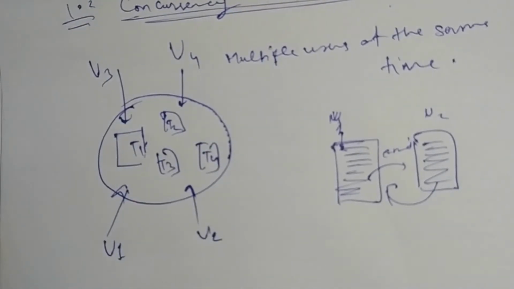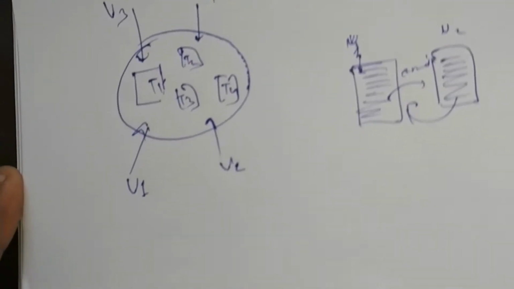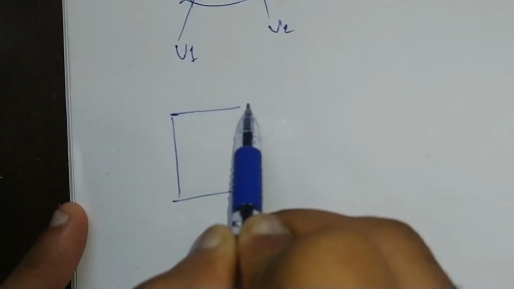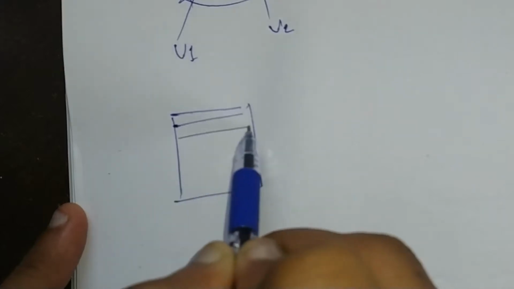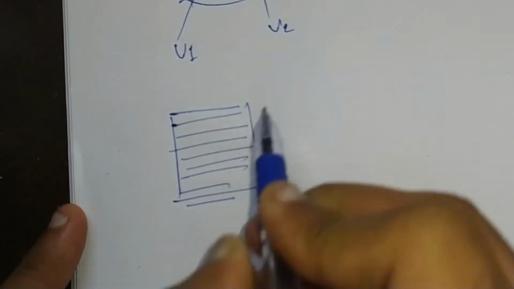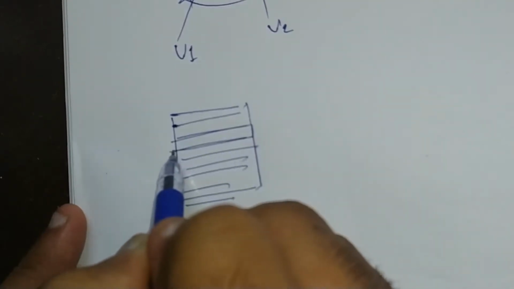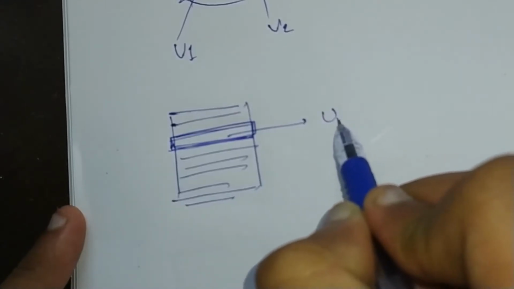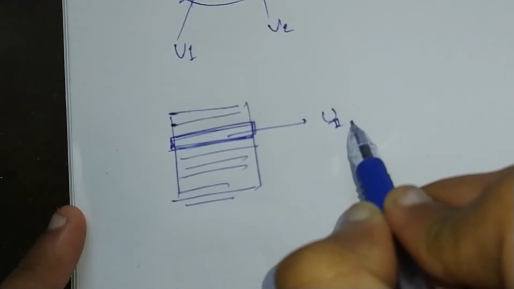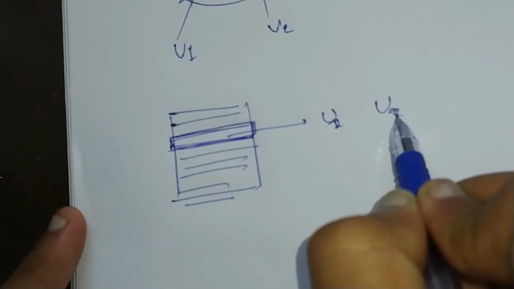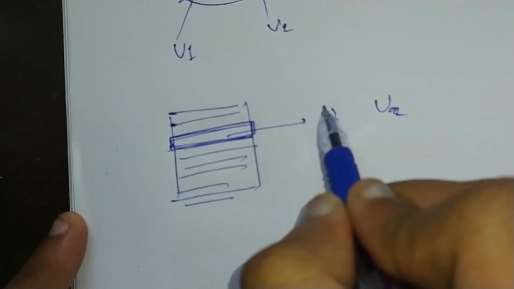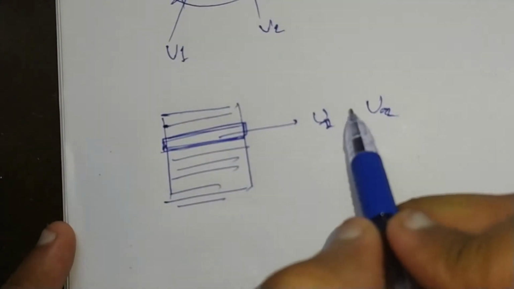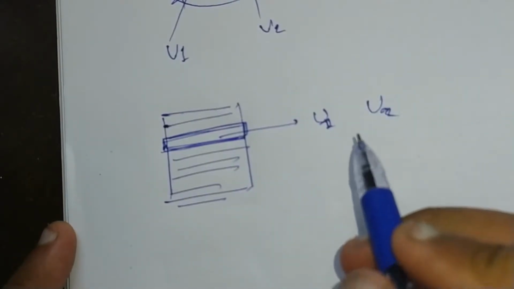So with concurrency there are some problems that arise. What problems are there? Let's say we have a table with multiple entries. So let's say user 1 is making entries in row 3, and at the same time user 2 also comes and wants to make an entry in row 3. So whose entry will be taken? What has to be done in that case? So these are situations which arise in concurrency.